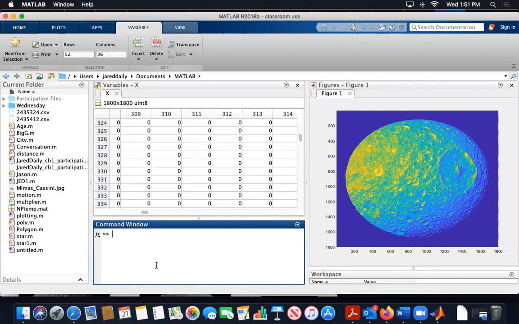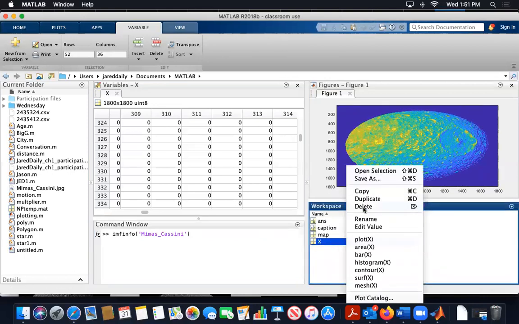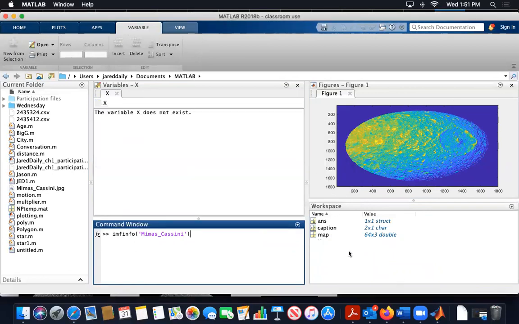So this is what it looks like if you do imfinfo like this, and then you call the file. So that would be mimas_Cassini, like that. If you do this, and in our workspace over here, if I go ahead and delete this variable from my workspace, so now that's not there, if I do imfinfo mimas_Cassini and hit enter,